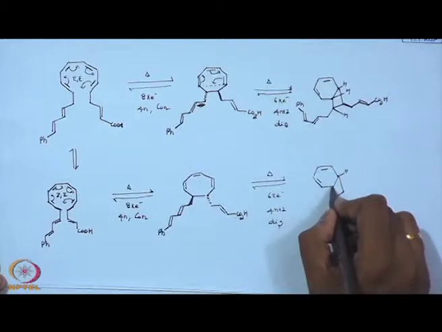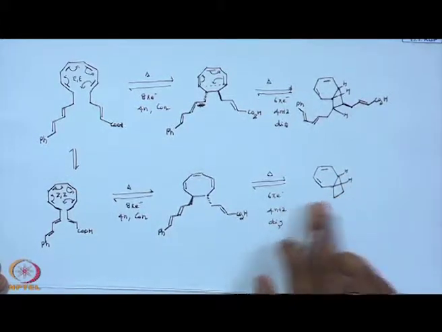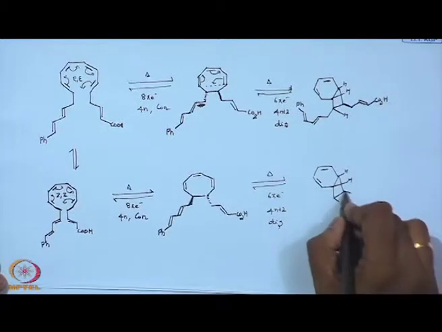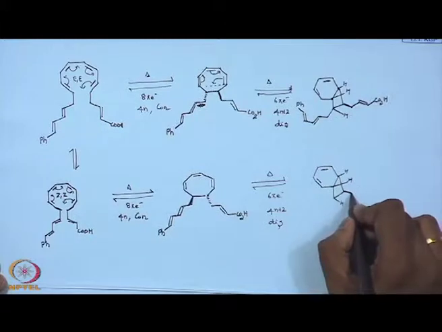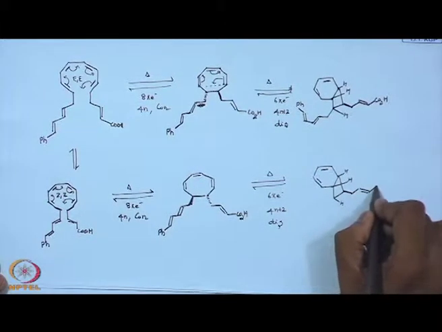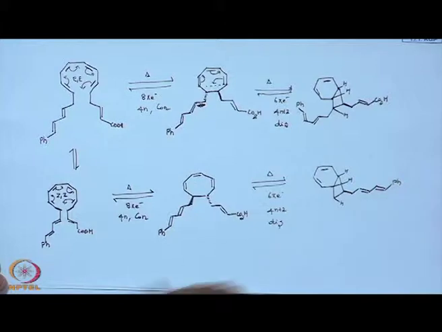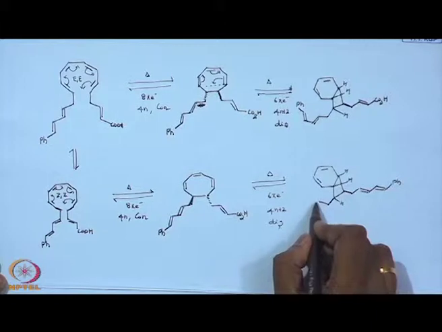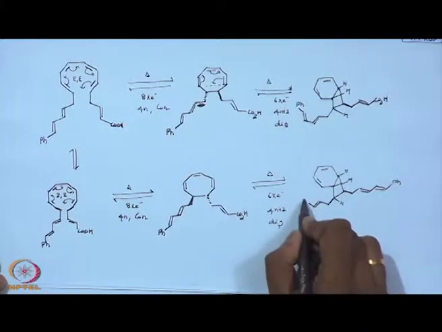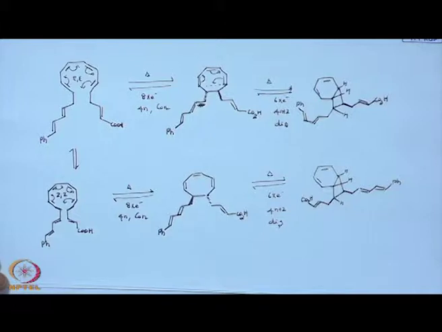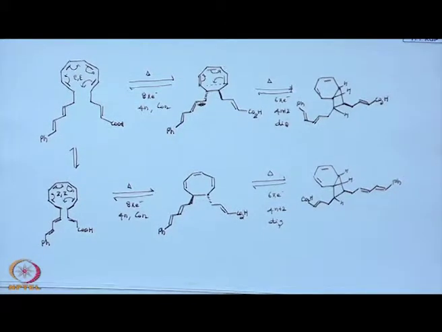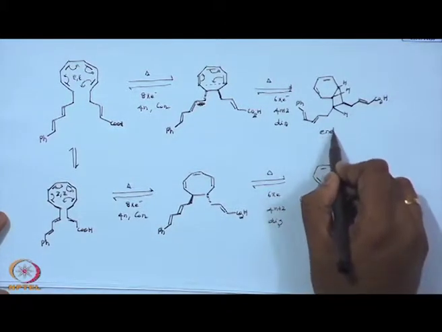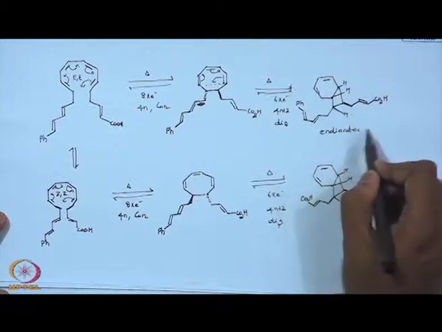We have a hydrogen here, but this time it should be the other way around. So you have your phenyl here, okay, and you have your carboxylic acid. Here you have carboxylic acid. Fine. So this we call as, this is your endric acid